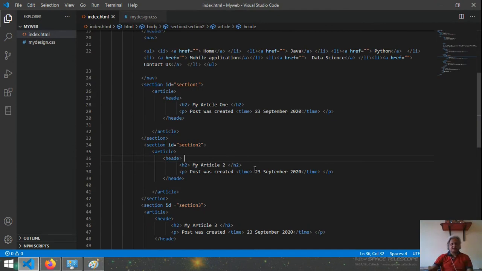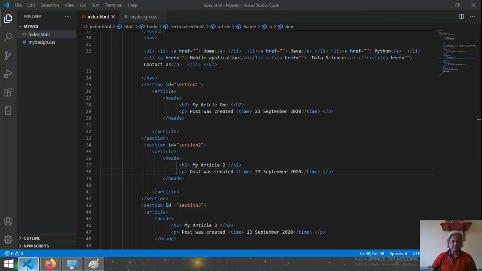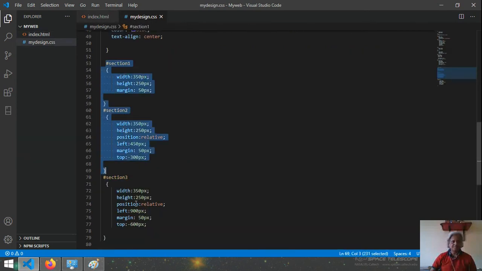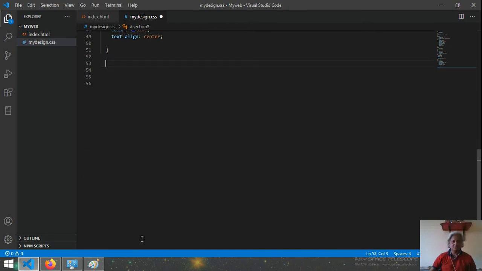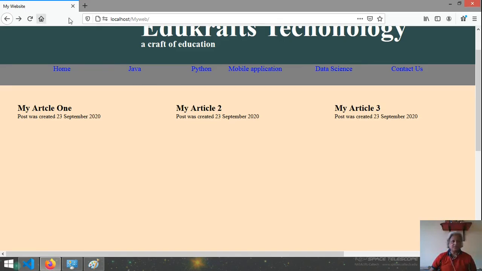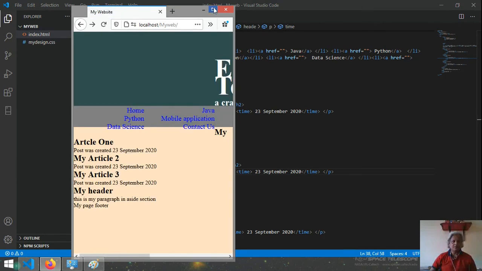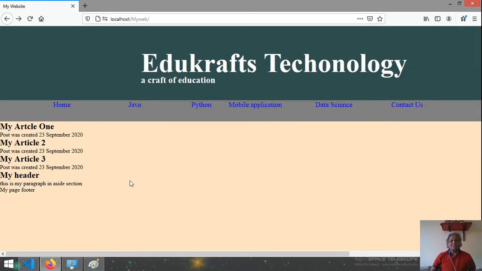Now here, friends, you see that we have these three sections. Okay, now friends, here you see that, very good evening friends. And now here you see that we have our article 1, article 2 and article 3 coming one by one,